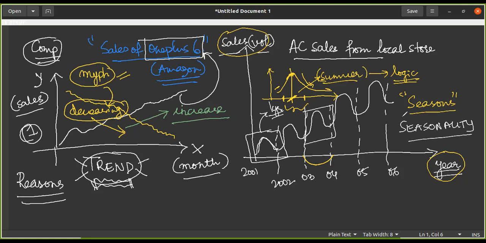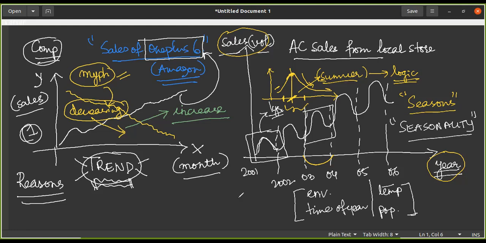In other words, I'm going to say that there is seasonality in the data if the trend or the property of my time series is going to change basis the kind of environment I have, or basis the time of year, or basis the temperature, or basis the population. So these are some kind of factors which you cannot control.